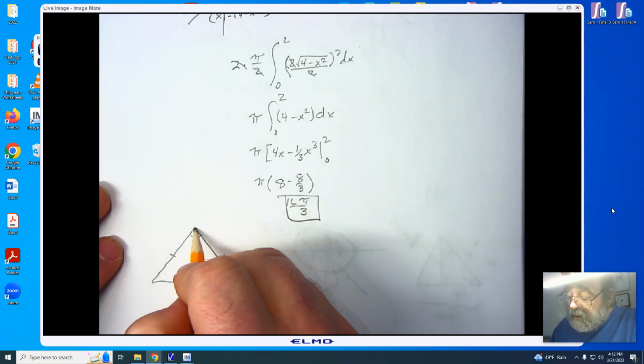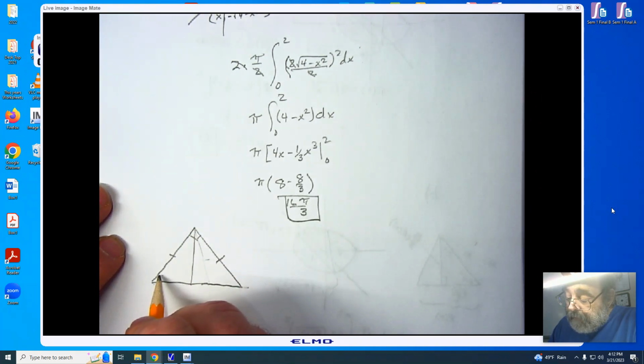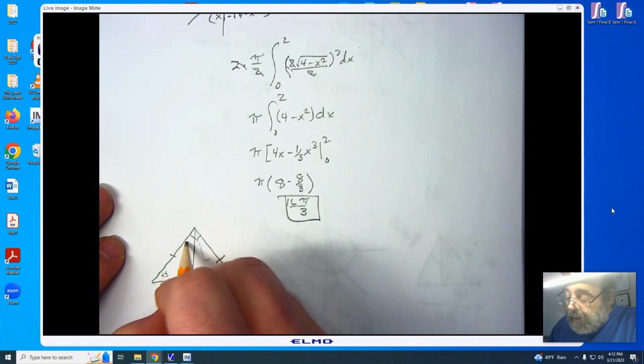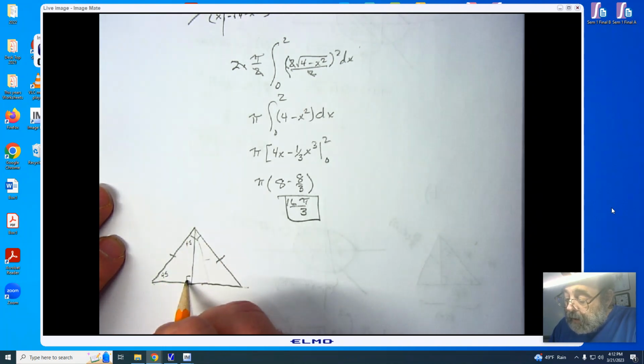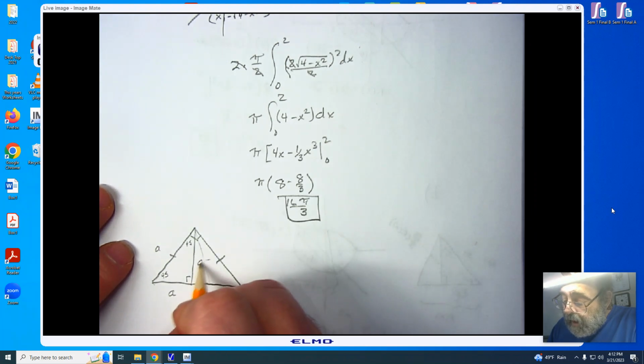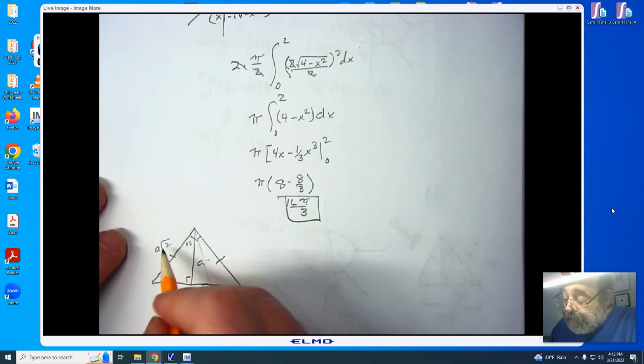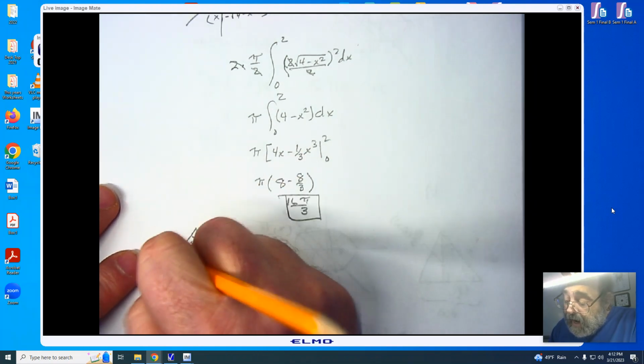Now if I extend this down, I'm now looking at a 45, 45, 90, where here I have A. So if this is A root 2. So if this right here is my A value,